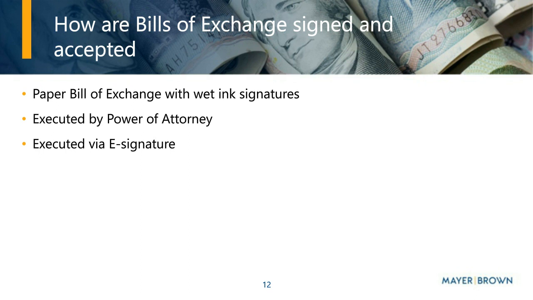But as you said, with regard to electronic signatures, more recently we're seeing, at least in the UK market, participants looking at whether bills of exchange can be signed electronically. And to be clear, we're not talking about electronic bills of exchange, i.e. bills of exchange which exist purely in electronic form. What we're talking about is creating a bill in electronic format, applying signatures to the bill electronically, and then printing it to create the bill and delivering the bill in the usual way.